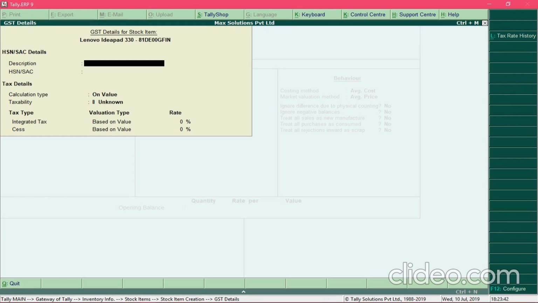But if you remember, we have already furnished GST related details like HSN code and the rate of GST at group level. Once you define those details at group level, any product created under such groups would share the same details, so we don't have to specify that information again over here. So press the escape key